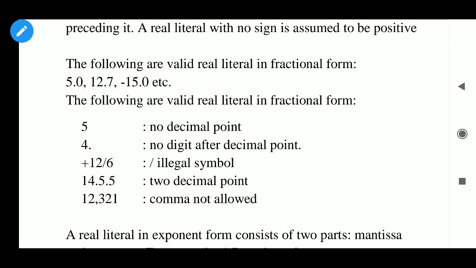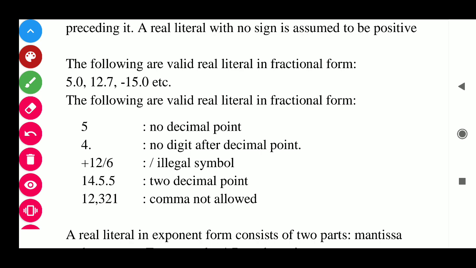Here I'm just showing you that these are invalid, not valid.